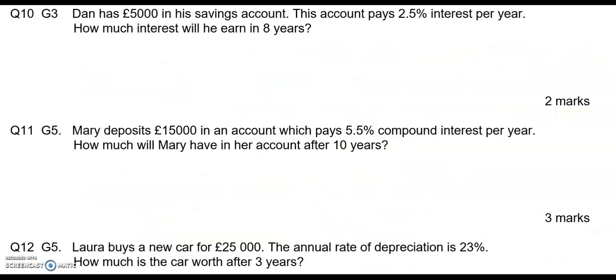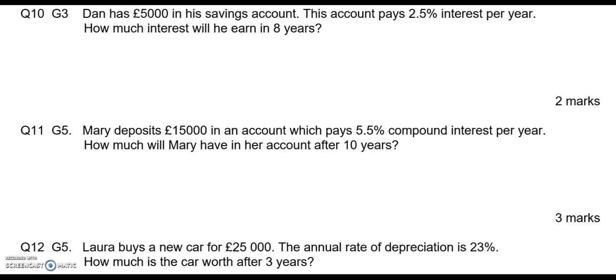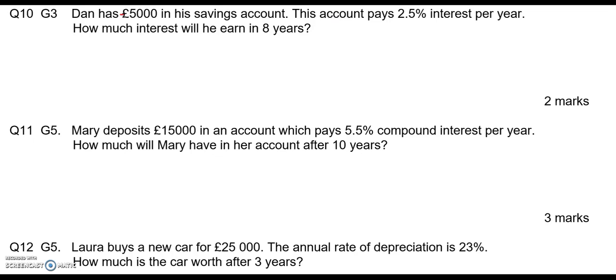We now have Dan has £5,000 in his savings account. This account pays 2.5% interest per year. How much interest will he earn in 8 years? So we've got key pieces of information which we can underline. So we've got £5,000, 2.5%, and 8 years. Now, this is not saying that it's compound interest, so we're going to assume it's simple